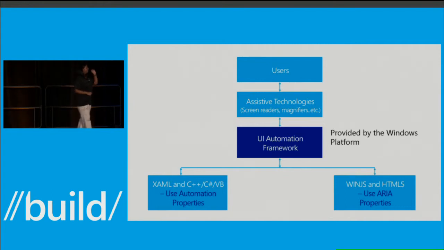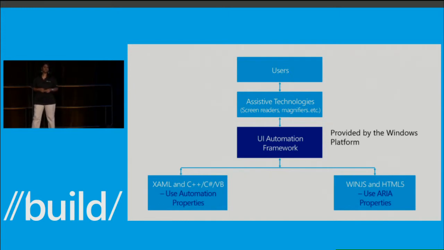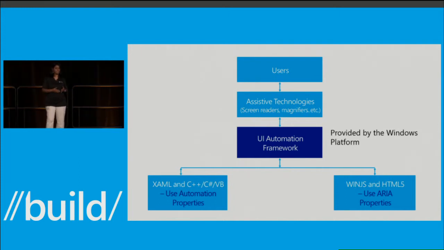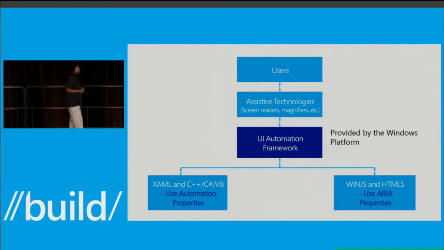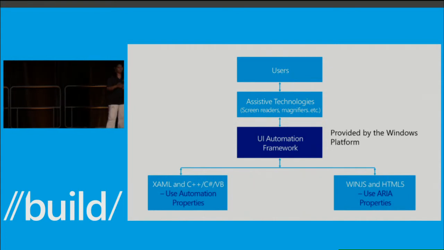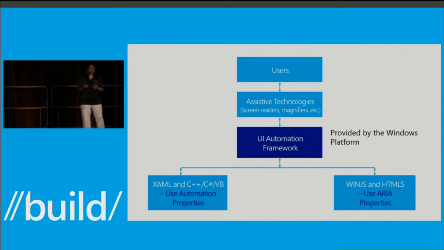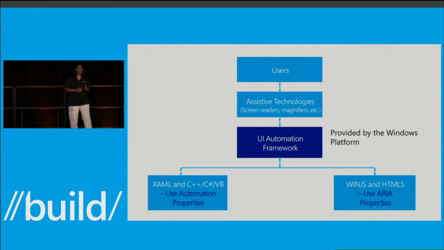And if you are writing a XAML and C++, C# VB app, you use what is called the automation properties to expose this information. If you are doing a Vue.js and HTML app, you use the ARIA properties. And ARIA is nothing but the accessible rich internet application properties. So these are the 2 sets of properties that you are now going to be using to talk to this assistive technology, to communicate information back and forth to this assistive technology. But with that said,